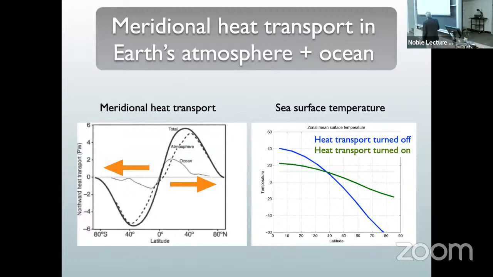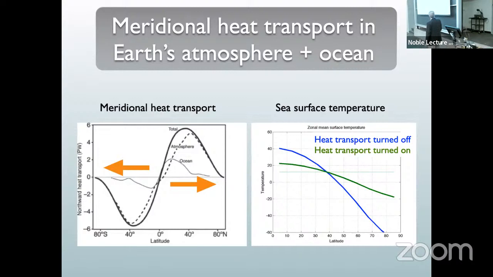But the point I want to make is, why do we care about something like this? We could estimate the temperature budget or the surface temperature of an atmosphere in what is called radiative convective equilibrium by assuming that there are no motions, neither in the ocean nor in the atmosphere, and look at what temperature distribution you would get out of that system. And this is the surface temperature distribution that would be in excess of 40